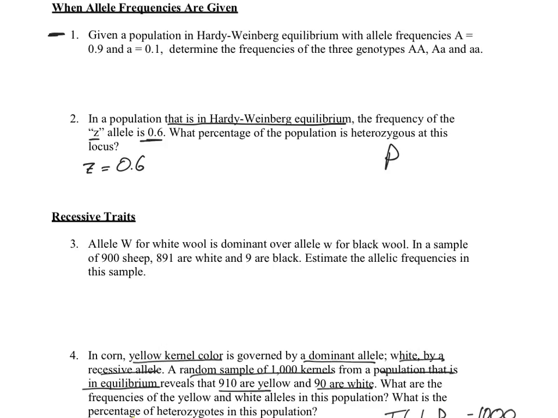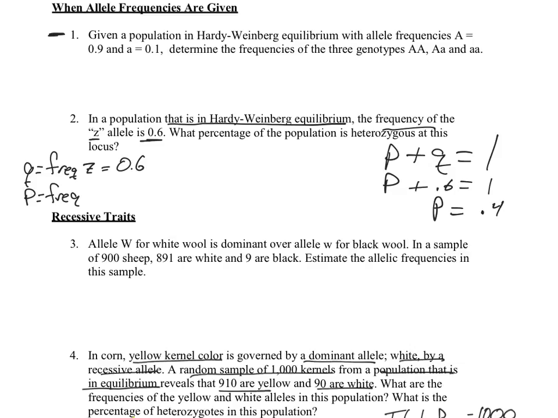All right, so we got p plus q equals 1. If they tell you the little allele, little z, is it q or p? It's q. So p plus 0.6 equals 1. What is p? 0.4. So the frequency of little z is 0.6, which equals q, right? Then p is equal to the frequency of big Z,